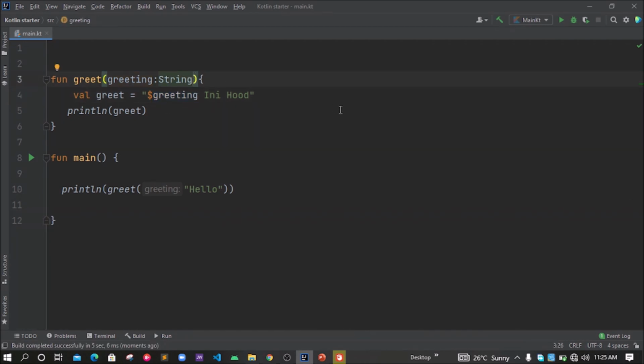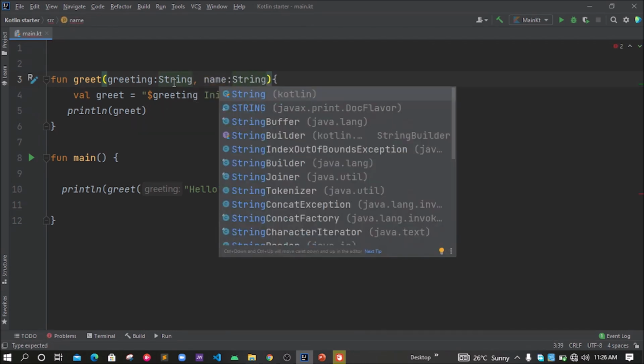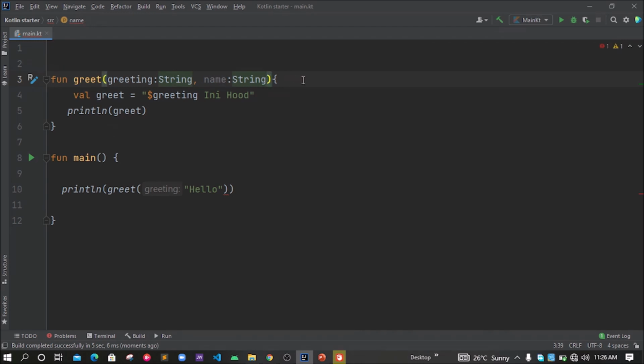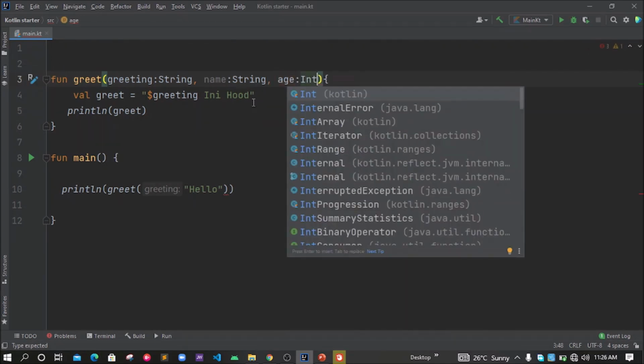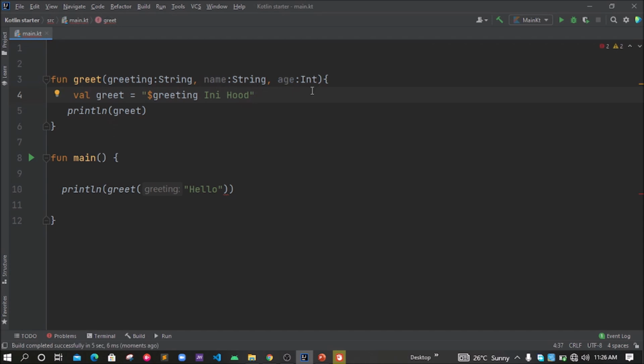And I can make these multiple values, which means I want to pass in the greeting myself and the name myself. So I need to add another parameter here, and this is going to still be a type of string. And I can add another parameter here, which is going to be called age, and this is going to be a type of Int. So when we want to greet, this is going to say hello in hood arts. So it says hello in hood, and I have my name already,